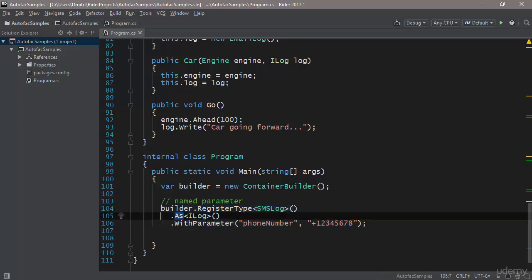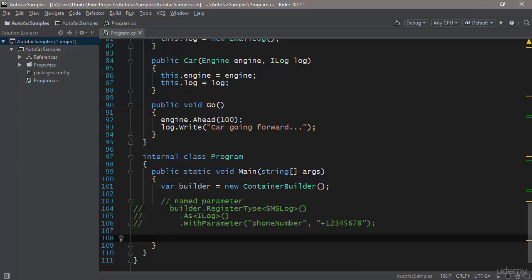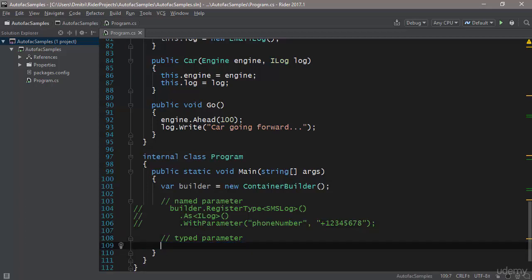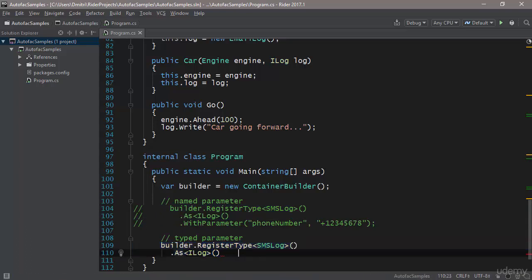Let me show you some of the others. So I'm going to comment this out first of all, and let's do the second type, which is a typed parameter. So the named parameter uses a string. It uses the string phoneNumber to actually find a parameter with this name. Obviously, if it doesn't find it, you're in trouble, but if it does, then everything is okay. Next up, we're going to try and find the parameter by type instead of by name. So the idea here is very similar to what we have here. In fact, I'm going to just copy this and uncomment this particular chunk of code, and then we'll continue from